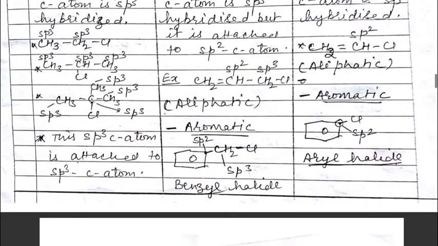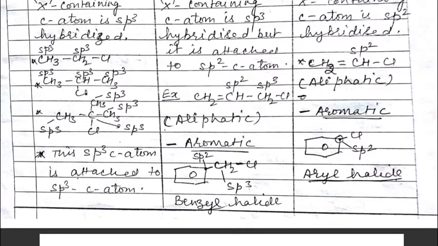That condition is the carbon to which halogen is attached should be sp3 hybridized, and this carbon atom should attach to that carbon atom which is also sp3 hybridized. So this carbon atom is sp3 hybridized to which chlorine is attached, and this chlorine containing carbon is further attached with carbon which is sp3 hybridized. This is the example. This chlorine containing carbon, sp3 hybridized, is again attached with these two carbon atoms which are also